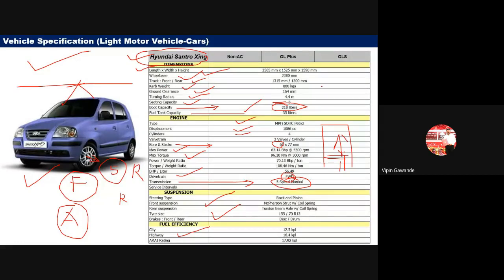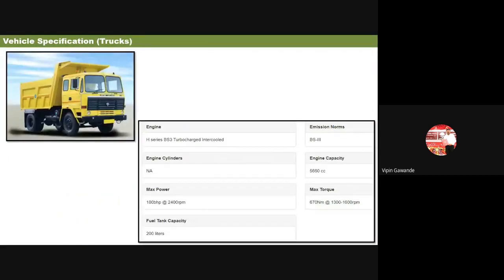Okay, see now if you are purchasing any car and you are seeing any specification, all the things are mentioned here, and you have to see which type of specification it is, what the specification means. So that you have to identify. Now if you are going for trucks, that is bigger vehicles, here engine, power, fuel tank capacity are mentioned.